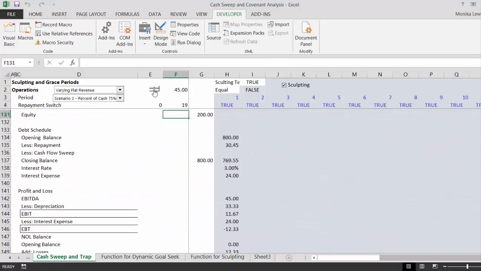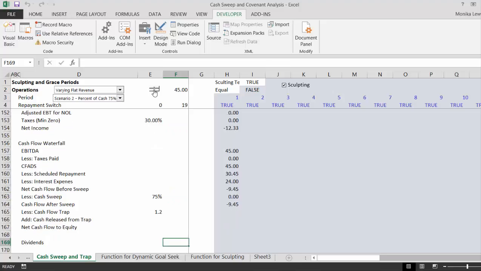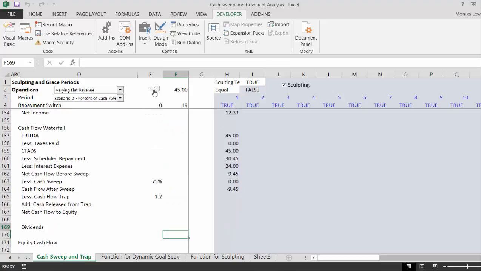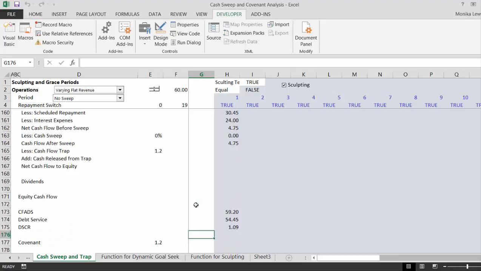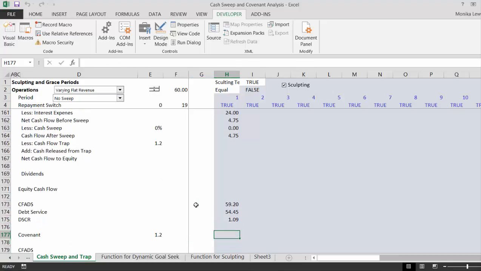now we're way below our covenant. We're so far above we don't have any cash flow to sweep. So let's make it so that, how about we'll put no cash sweep in first, and then we have just a little bit, maybe a little bit more. Okay, and when we do that, our DSCR is 1.09, so we have a little bit of cash flow, but